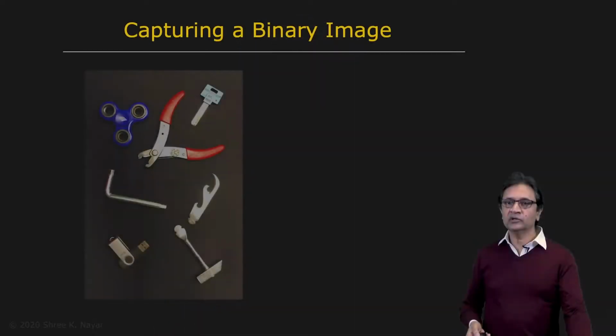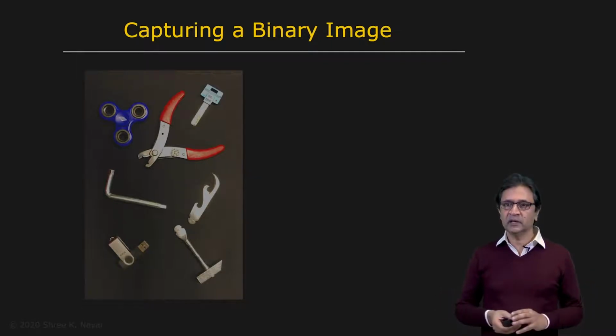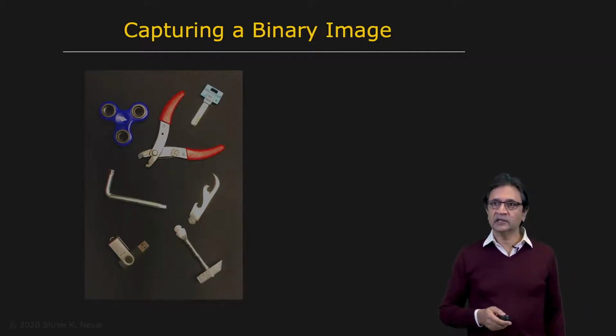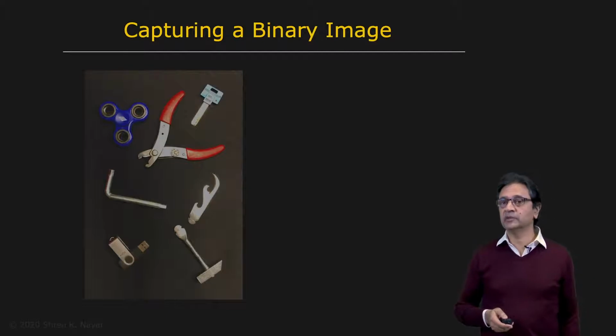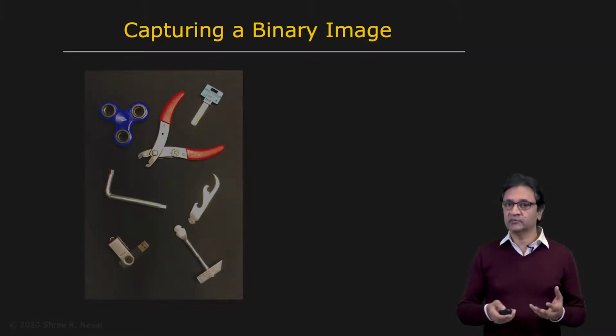Of course, the object can be translated, it might be rotated, but it's still in the same stable configuration in terms of the contact points that it makes with the surface. So, what you could do is essentially drop all your objects on a plane and take an image like this, and then try and create a binary image from that. And then you can recognize these three-dimensional objects from these two-dimensional images.